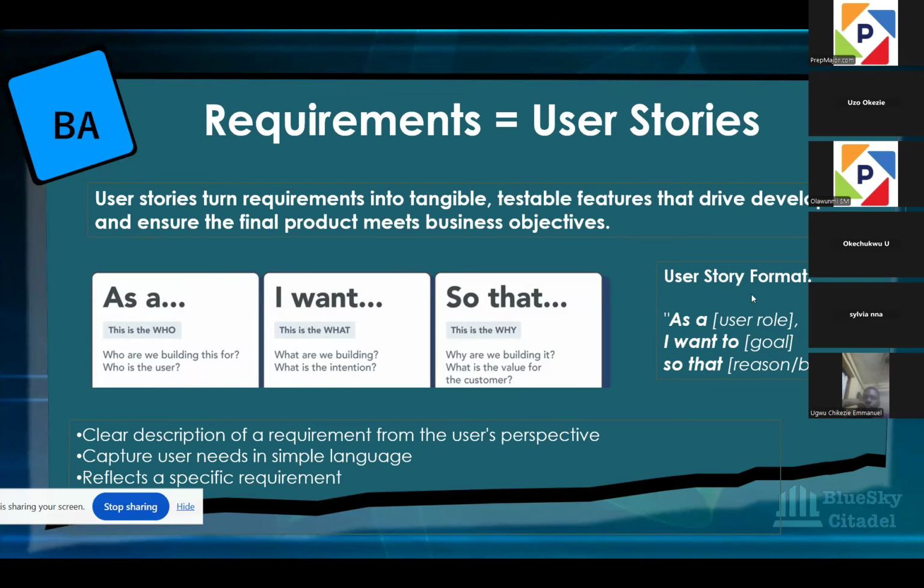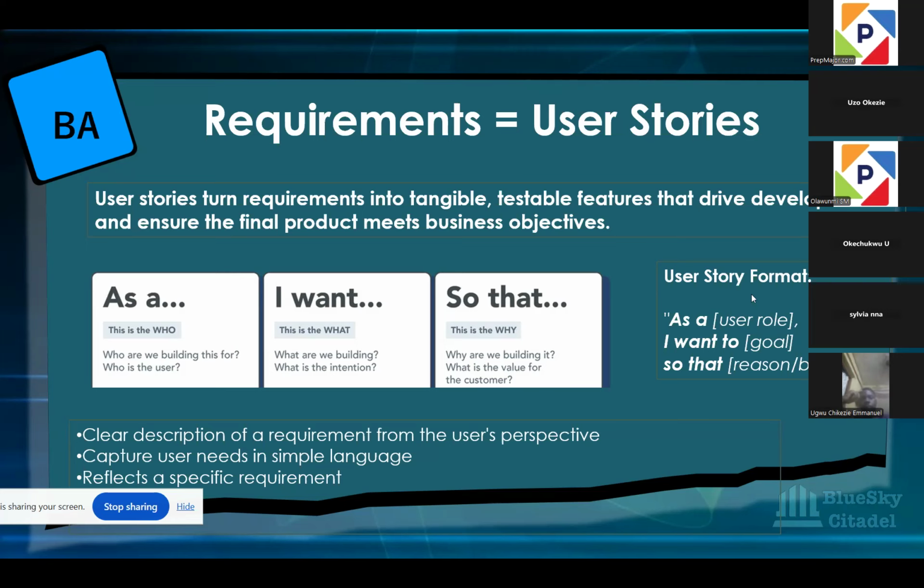And once I click on it, it will appear in my basket so that I can pay for it. That's all you need to do. So you take that requirement and turn it into a user story written from the user's perspective. You have to put yourself in the place of the user. Yes, you're a BA, but when you're writing the story, you're not the BA, you're the user. So whoever the user is, you need to put yourself in their shoes and write from their perspective and say,